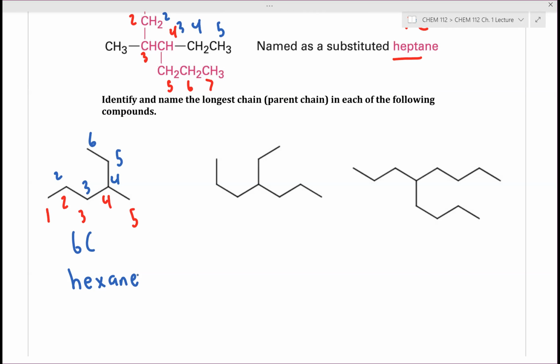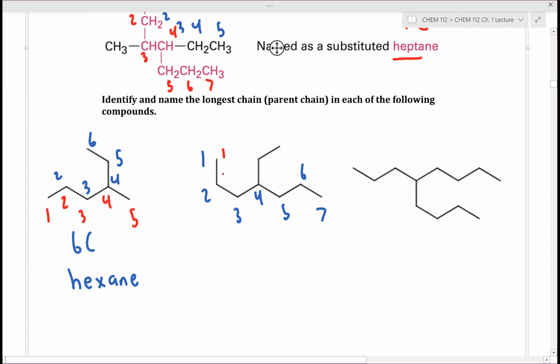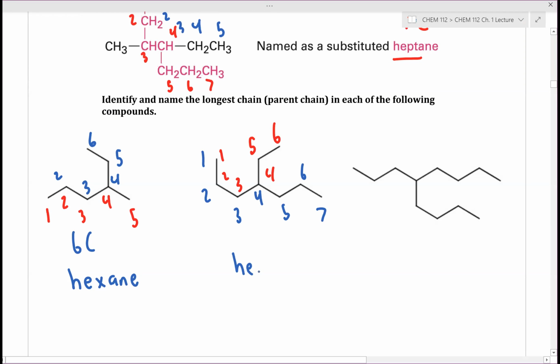So let's now come together to discuss. Let's assign our carbon atom numbers and figure out the longest carbon chain. Counting from left to right, 1, 2, 3, 4, 5, 6, 7. Let me count using a slightly different pen color: 1, 2, 3, 4, 5, 6. So what is our longest carbon chain? 7. What do we call a 7-carbon chain? Heptane. So we name this carbon chain as a heptane chain